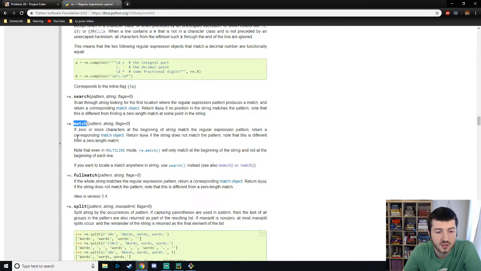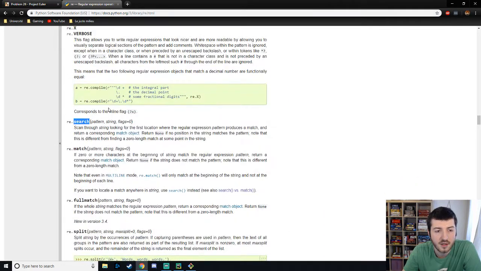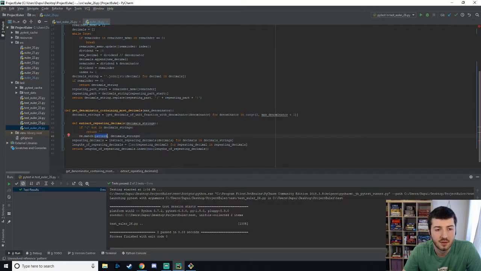Okay, so that's just if you want to match since the start. But what we want is to search anywhere in the string. Let's see, we'll debug through it and see what it gives us. So we want to search anywhere where